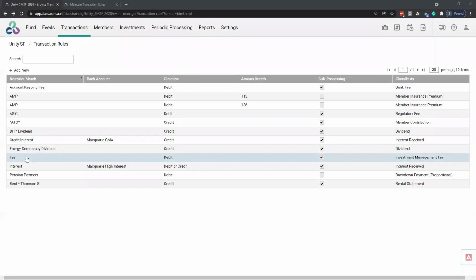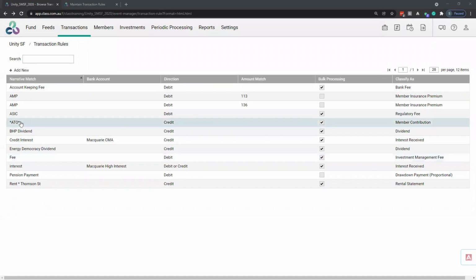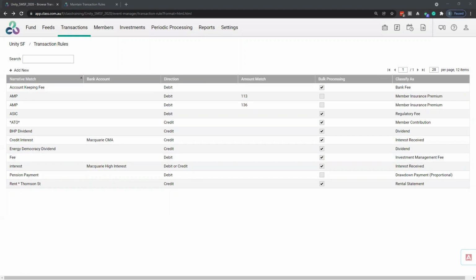The next one is wildcards. Wildcards are the asterisks that are used to replace text within a transaction rule. This is a correct example of the use of wildcards. You've got rent, you've got the part in the middle of the description, which might be, say, the month, January, February, March, which changes each time a payment is made. And then you've got Thompson Street, which remains the same.